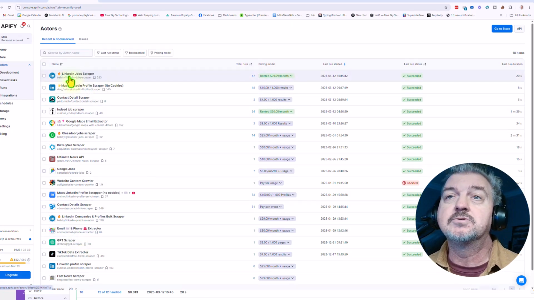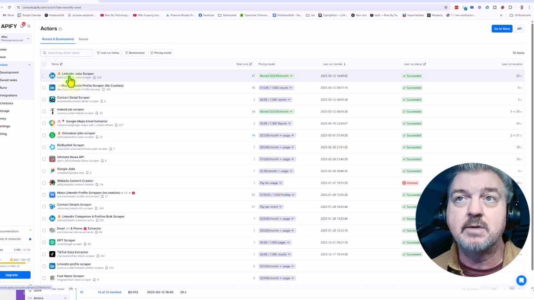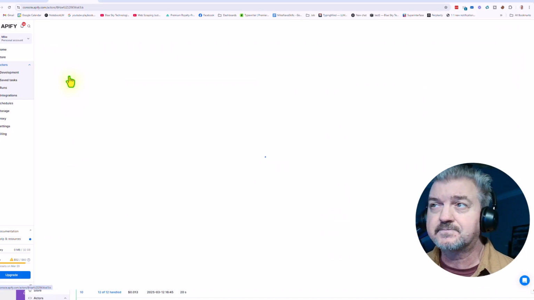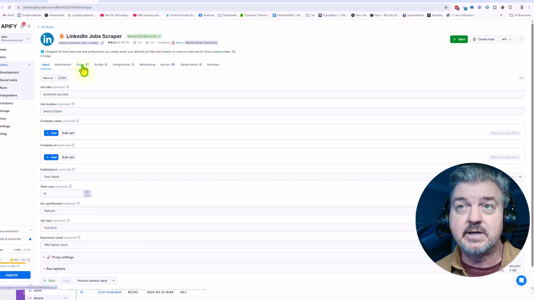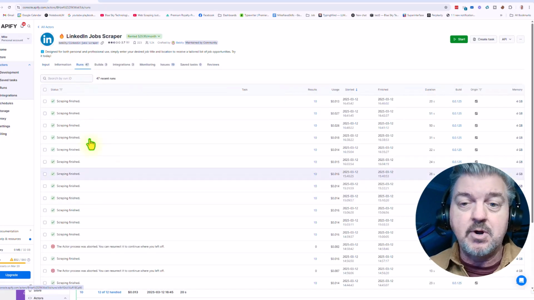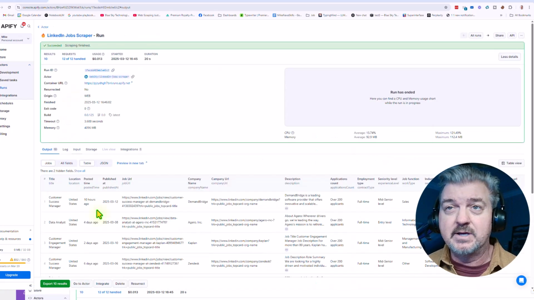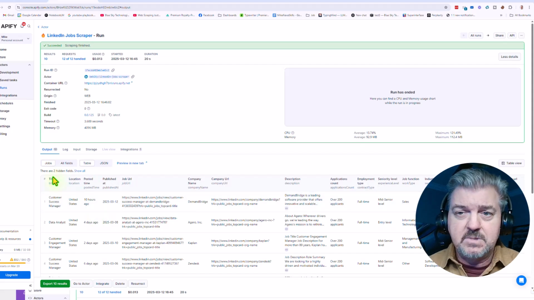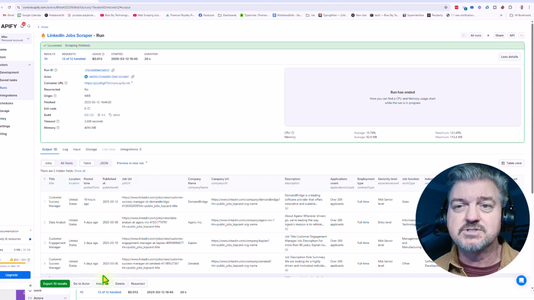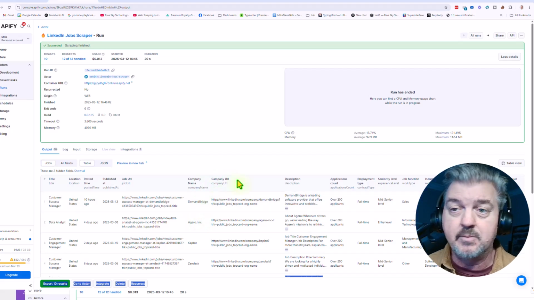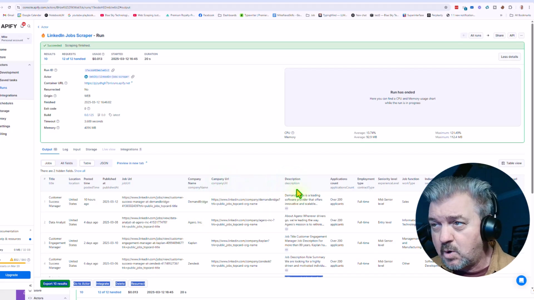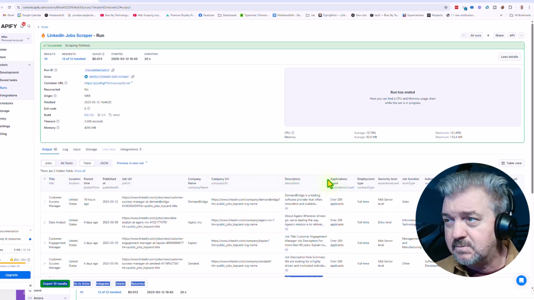This is the one I'm going to use. It's going to be the LinkedIn Jobs Scraper. So we're going to click on that. And basically, I'm going to show you some of my previous runs. All it does is it runs and it pulls up title, location, post time, all kinds of information about the job. Company name, URL, description,